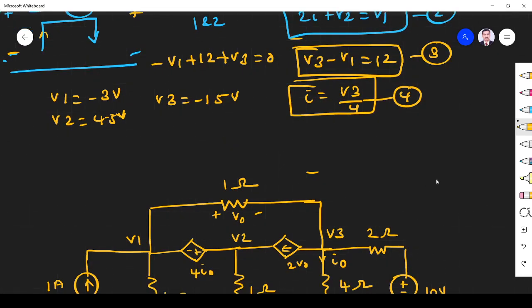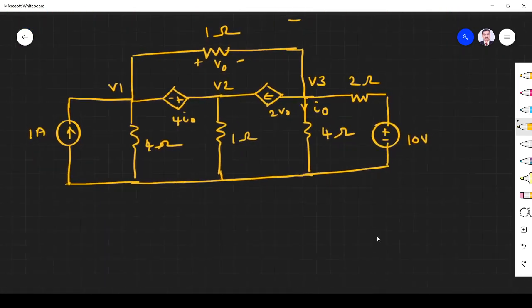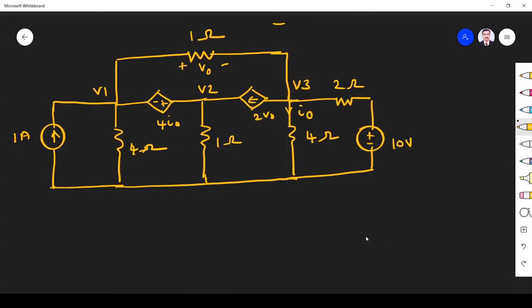Fine. Next, find node voltages V1, V2, V3 by using supernode analysis, right? Why does it come under the category of supernode? You see, ground is the reference node, and the other nodes are non-reference. This is node 1, node 2, node 3. In between two non-reference nodes, we have one voltage source. Plus minus means it is a voltage source. So this branch, V1 and V2, forms the supernode branch.